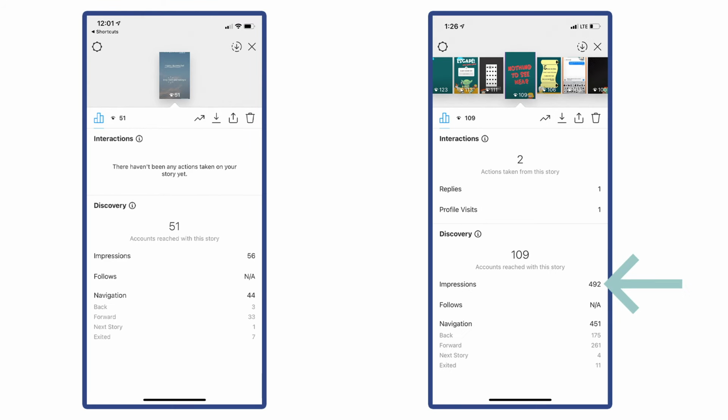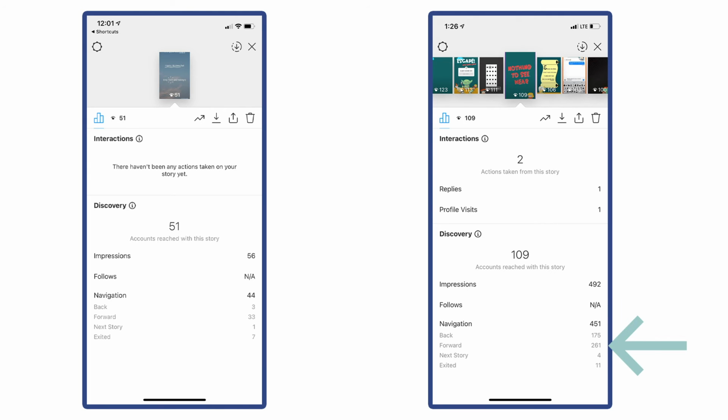Now, if you compare that to one of these escape room mini game stories, you can see that people visited the profile, they replied to the story, and we had 109 people view the story, but 492 impressions were taken. We had 451 people navigate forward, and that included 175 people clicking back. And that means that Instagram is saying, wait, why do they want to see more of this content? And then we had them click forward 261 times,